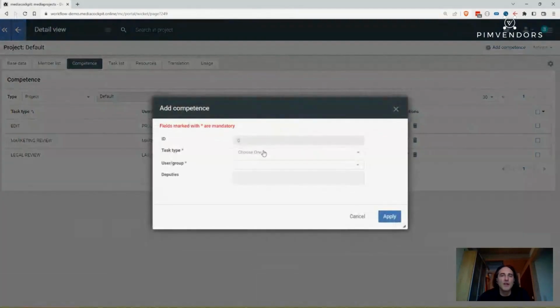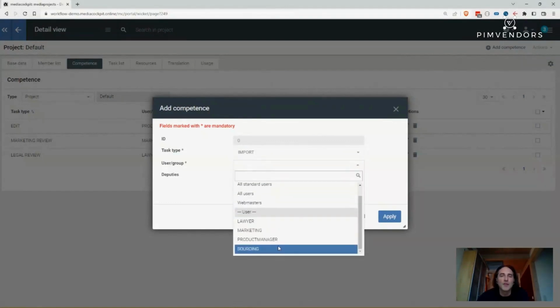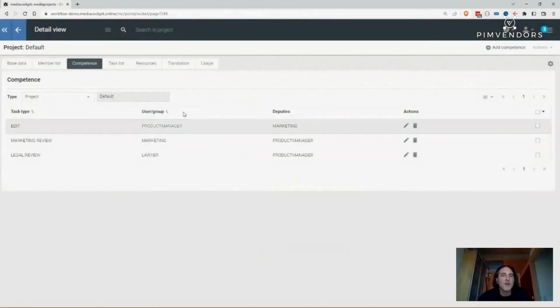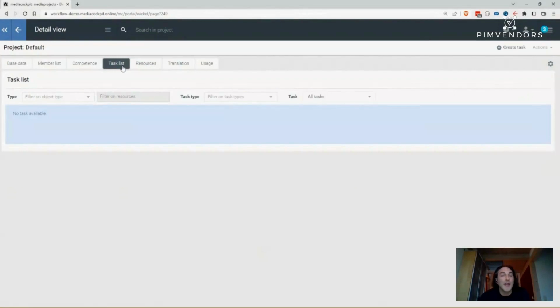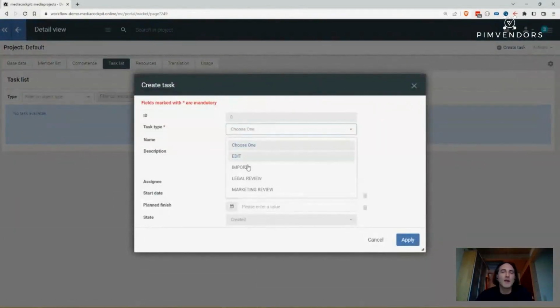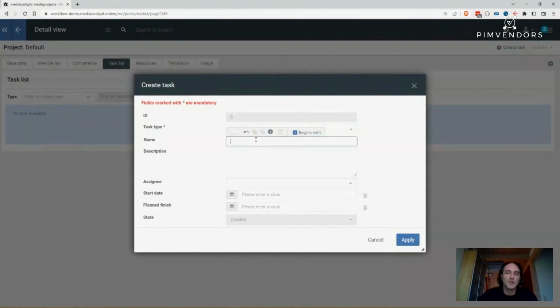I can go in here and, based on these different task types, create different kinds of tasks. I could say here that a certain person, for example, sourcing, is responsible for those kinds of tasks. On the other hand, I can also just create ad hoc tasks. So I can go in and say here, I want to import some new data,